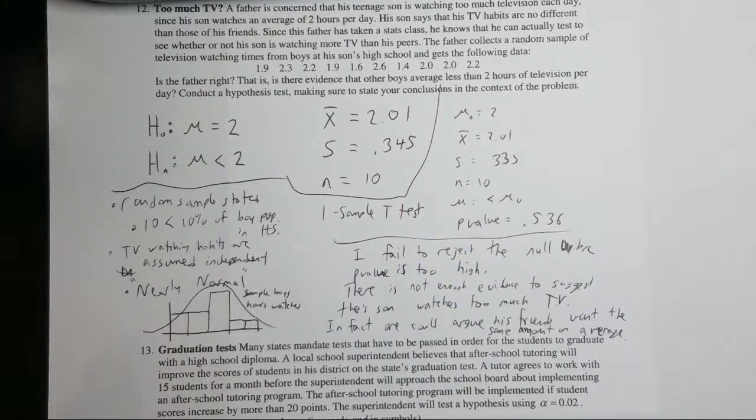You type in n equals 10, x bar equals 2.01, S is equal to 0.335, because you don't have sigma, you have the sample standard deviation. If you hit enter, a thing will pop up which gives you an opportunity for a significance level. And I can type in 2 and 2 for both of those, and I can do less than, the one that I wanted. It not only calculates the confidence interval for you, but it also gives you the p-value as well. McKenna, if you go to that link, that is the greatest possible thing you could find for a t-test. It's not going to say t-test,